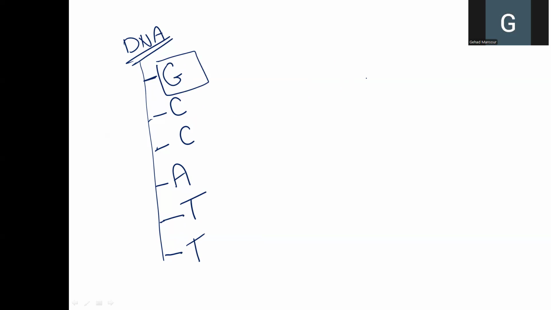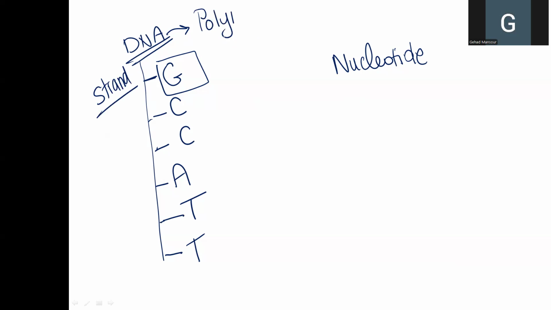I would remind you rapidly of the structure of the nucleotide of DNA, because we have seen in our interrupted session, the first session for revision of DNA, that this is a DNA strand, by the way, and a DNA strand is a polynucleotide, which means that it consists of several nucleotides. And the nucleotide is the monomer of DNA. It consists of a